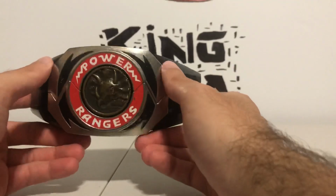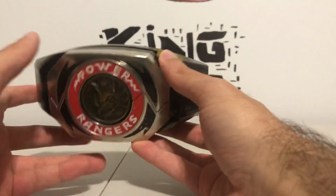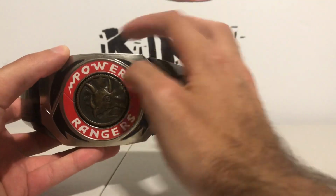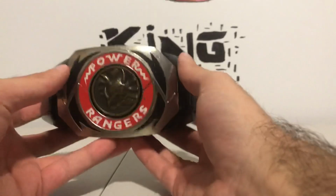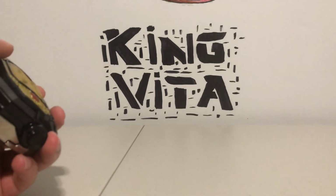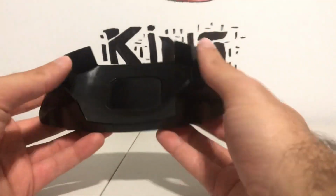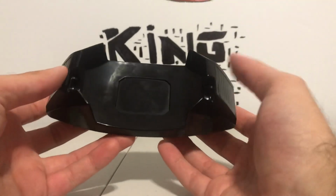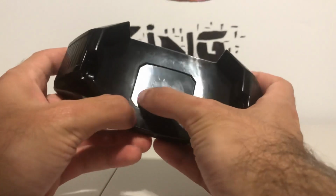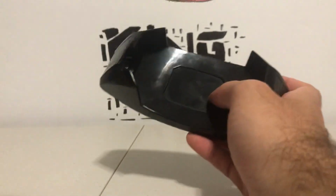This is actually a really cool toy. If you're going to use this for cosplay purposes, there is another version of this toy, which is plastic. Like I said, this one's die cast, so it weighs more. And what's cool about this is, we'll take a quick look at this, then the Morpher itself. This is the holster that it comes with. And as you can see, there is an indentation right here. And that is for this,